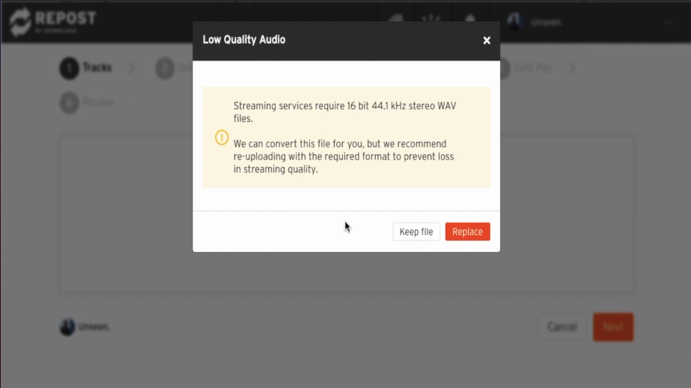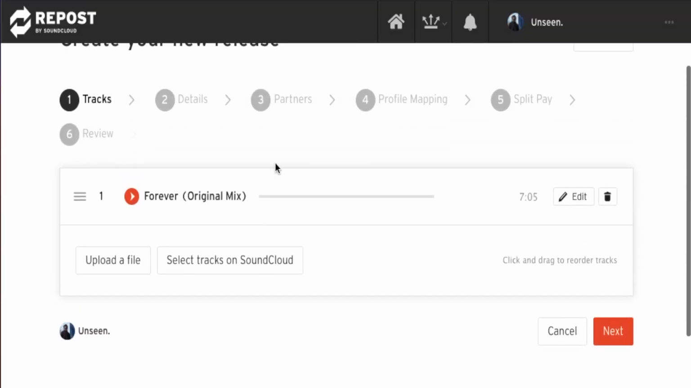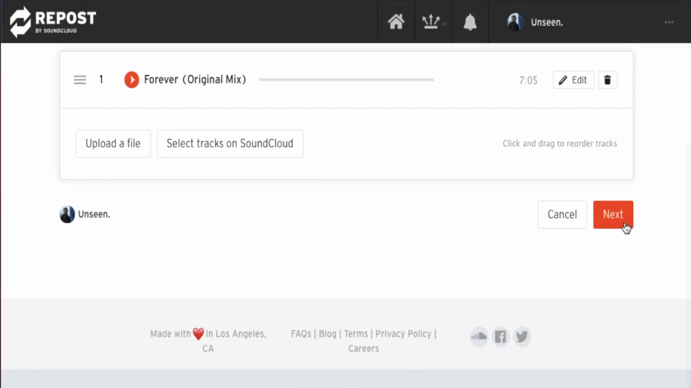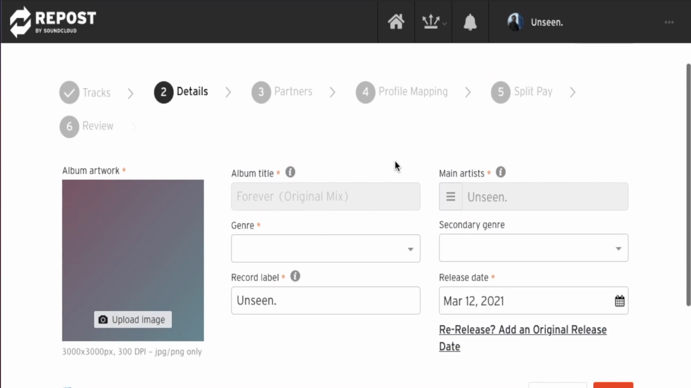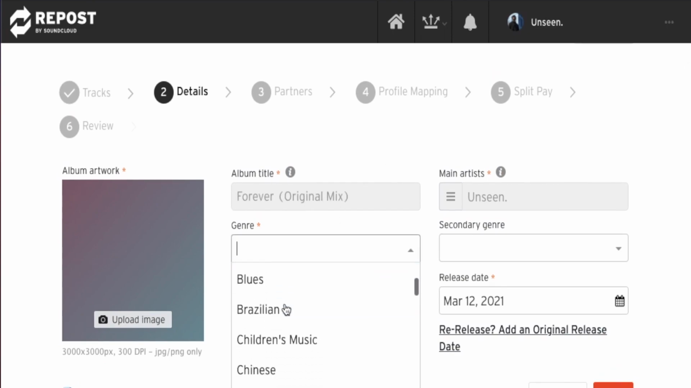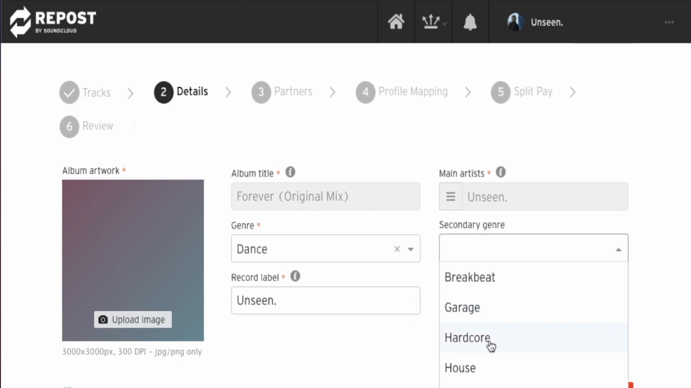If you don't, then they give you the option to convert it yourself, or they will convert it for you. So in this case, I'm just gonna click keep the file, and then you click next, and then you go to details. This is where you enter the genre. It took me a little while the first time to find techno because that was my genre, but techno's in dance. And then you drop down and it's in